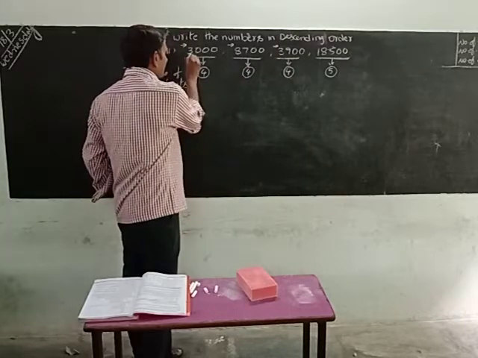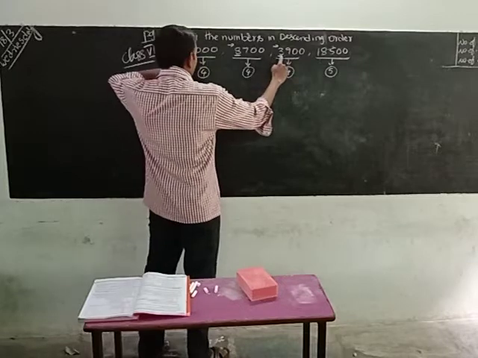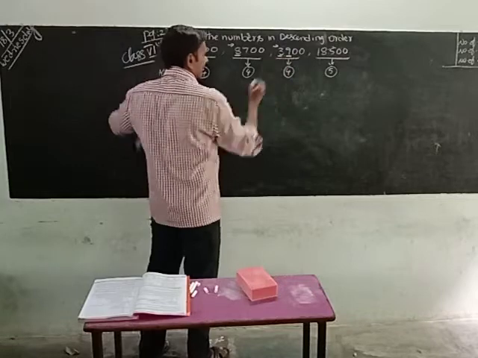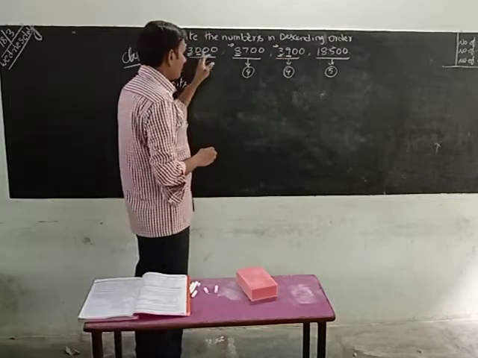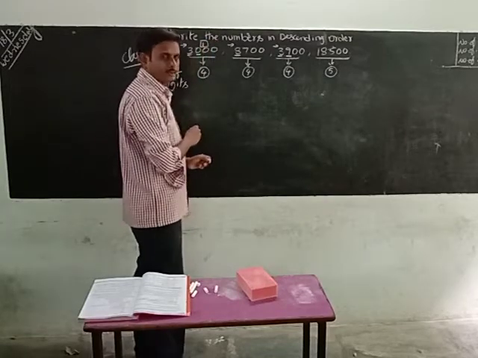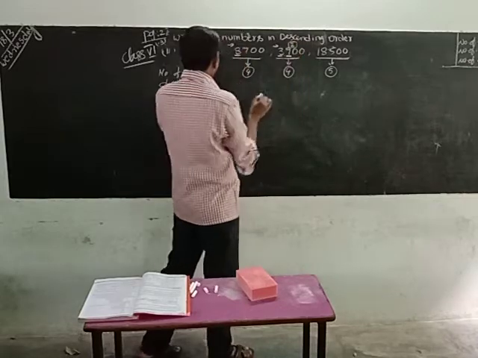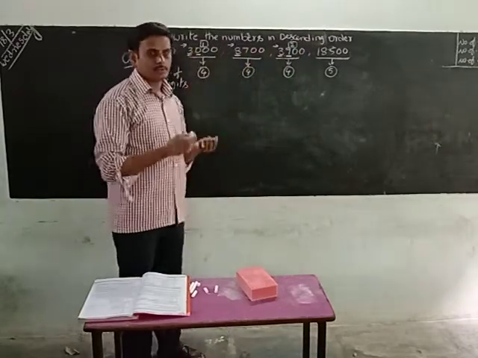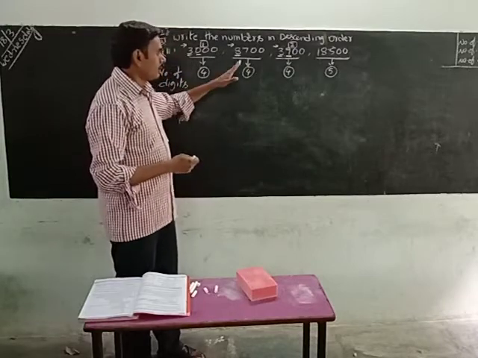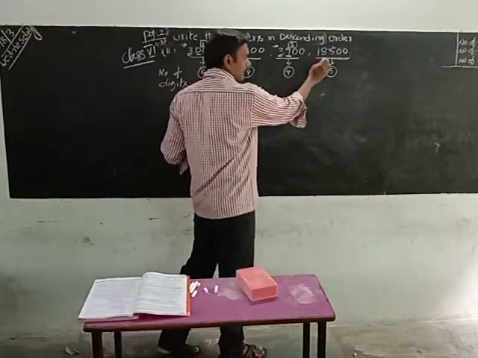Okay, go for the next digit. 3, 8, 3. 3 is the smaller. Go for the next digit. 3, 3 same. Go for the next digit. 0, 0, 9. Which is the smaller? 0 is the smaller. That is the first place. Next, the second place is this, because there are only 2 numbers. If one number is first place, automatically the other number is second place.